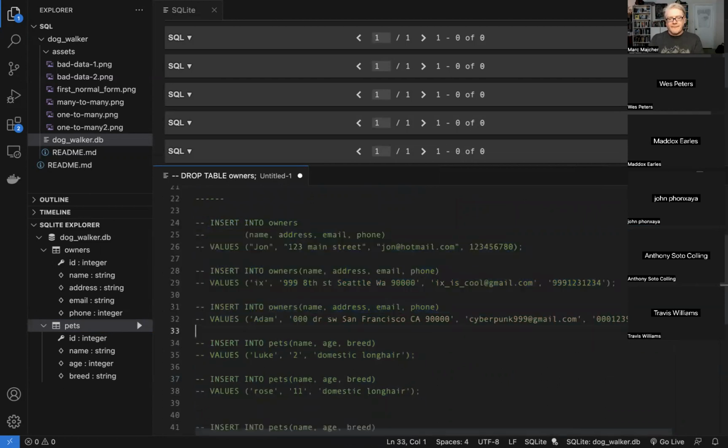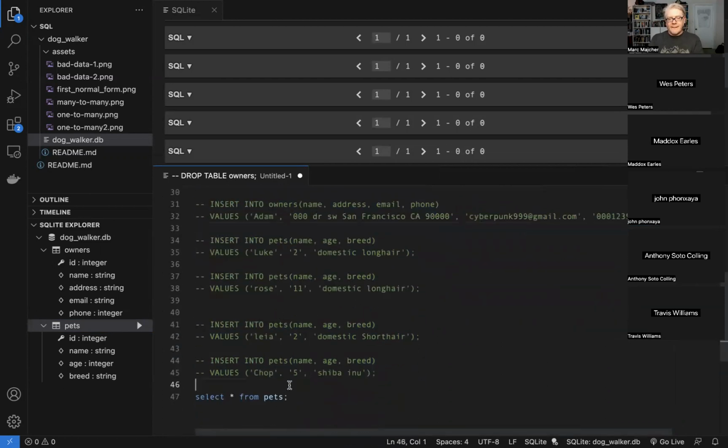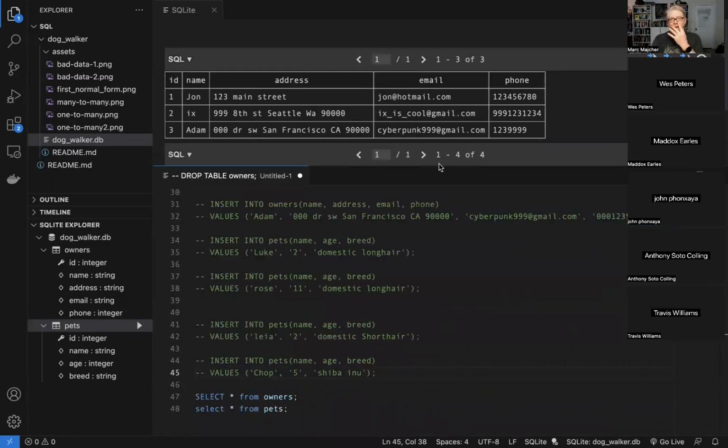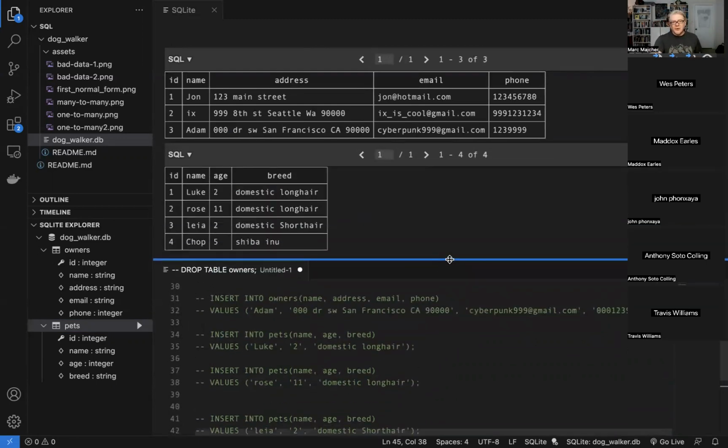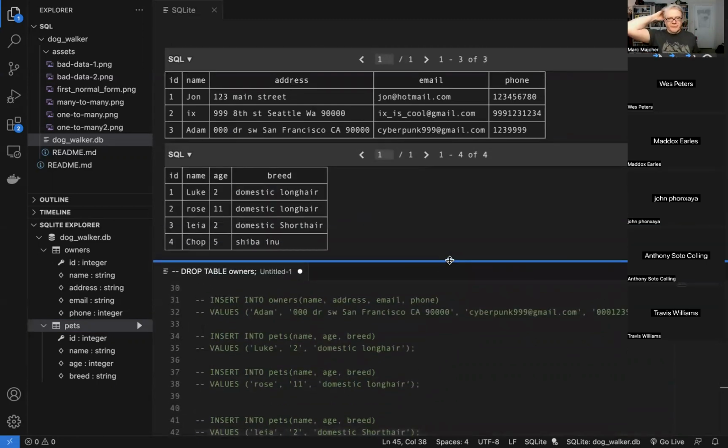It's down here. Cool. So now the important part is just our selects. Let's just run that. Cool. So now we have our list of owners and our list of animals. So that's the C part of CRUD. That is basically all you'll need to know. Any questions up to this point?